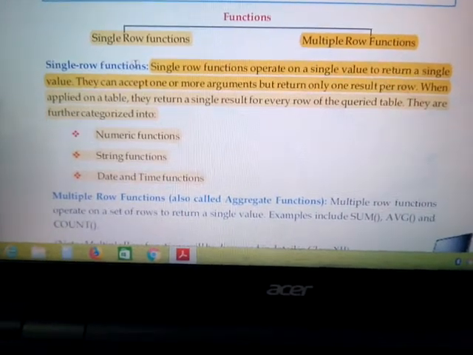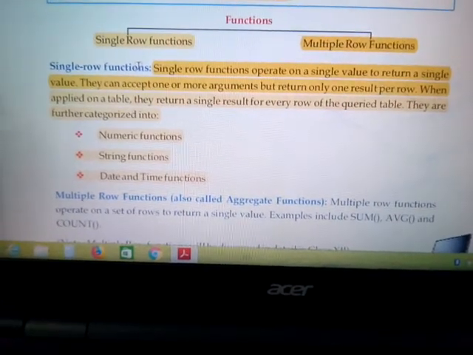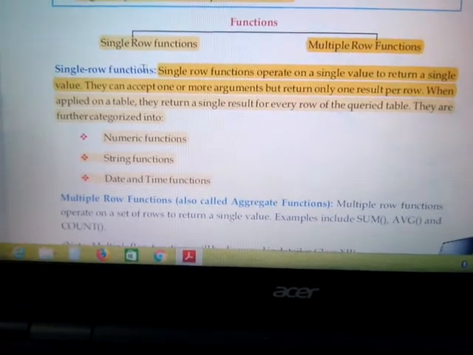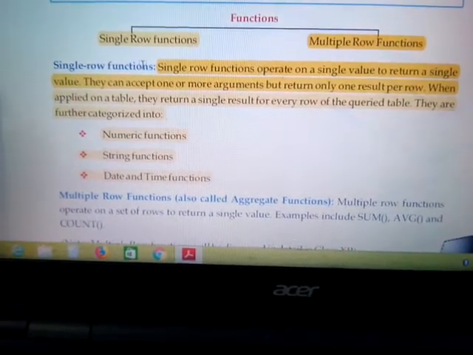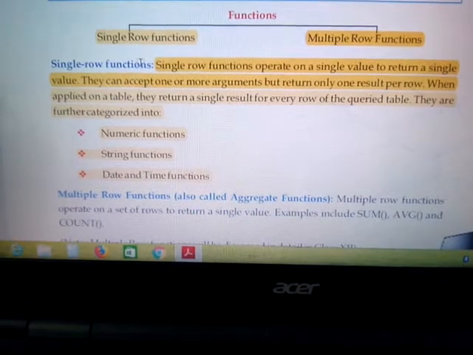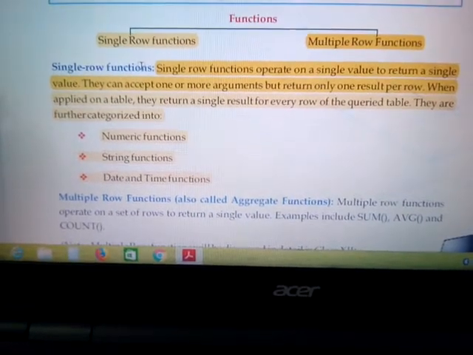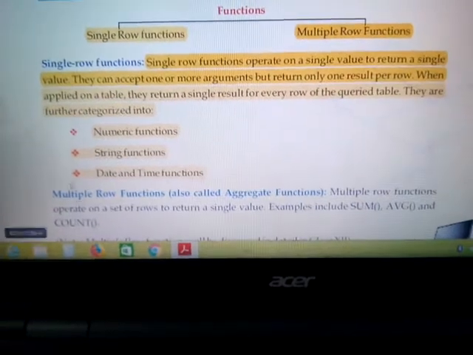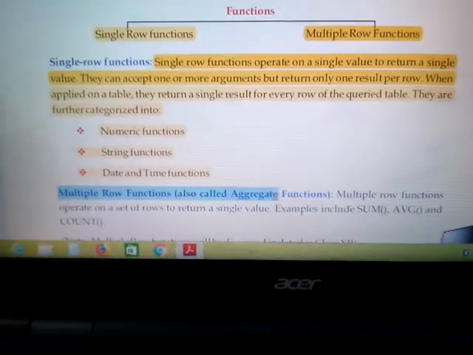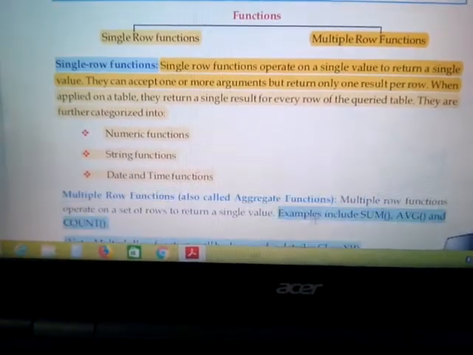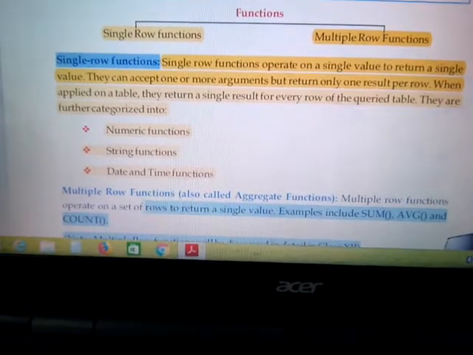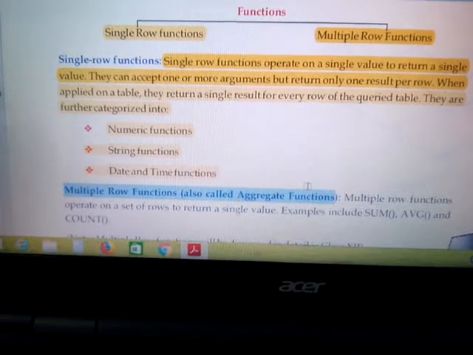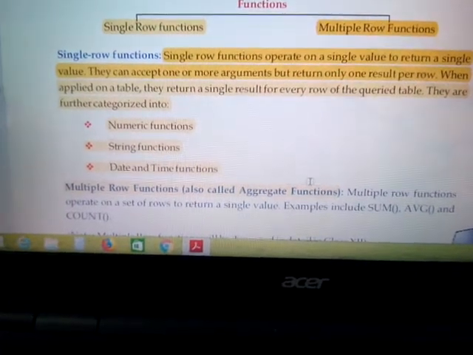Next is what? Multiple row function. From the name onwards it is clear. If I say multiple row function, that means it will operate upon multiple rows and it will generate a single value as its output. Multiple row functions are also called aggregate functions. Just remember this term, aggregate function. If anyone is going to ask you what is aggregate function, aggregate function exactly means multiple row functions.